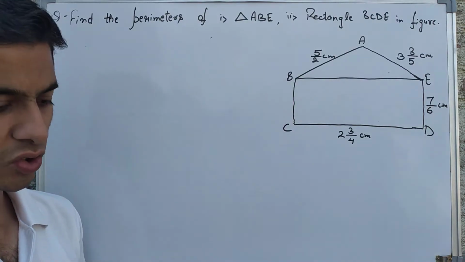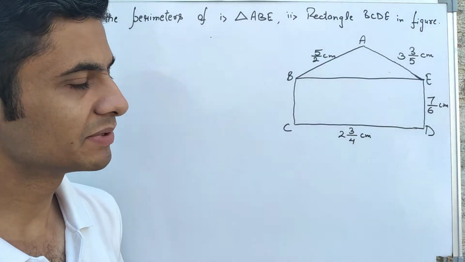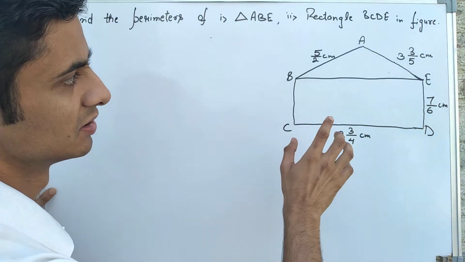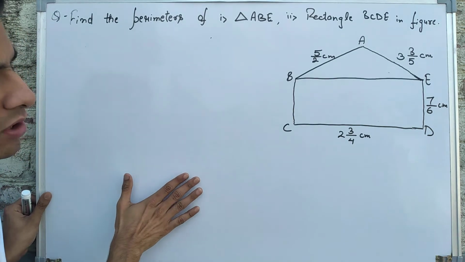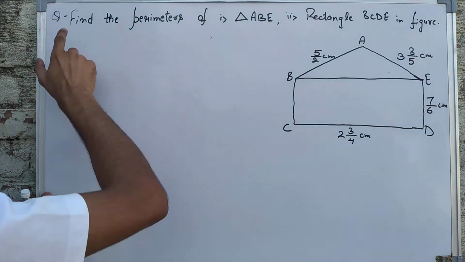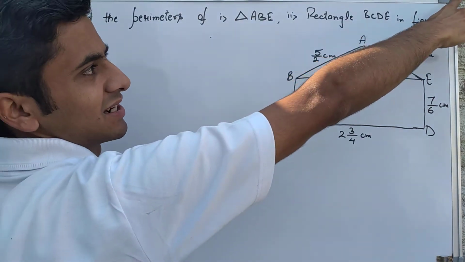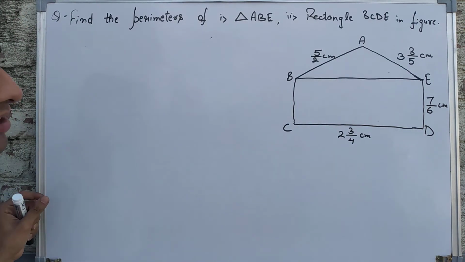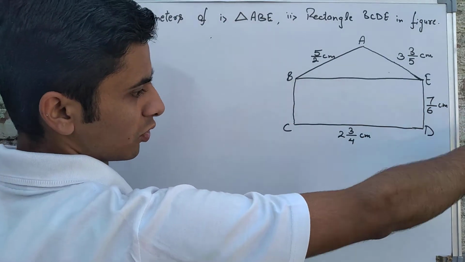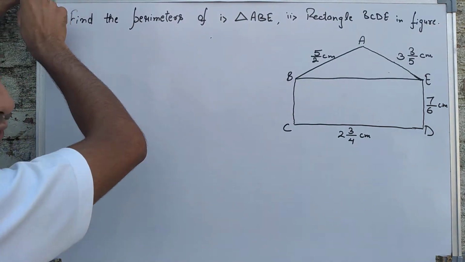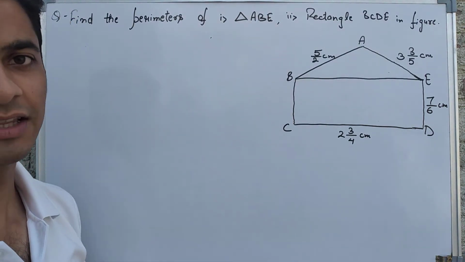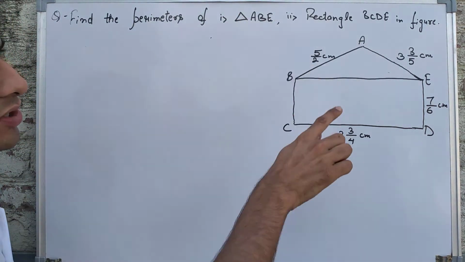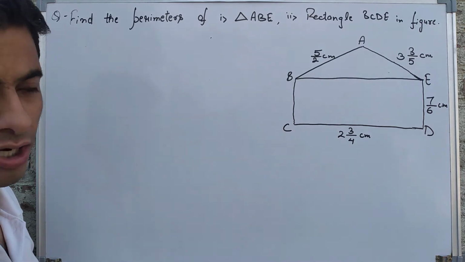First of all, we should know what is perimeter. Perimeter tells you about the boundary of the shape. Like if I say the perimeter of this board, what is the perimeter of this whiteboard? From here, if you move to this side, over here, and back here. Suppose you are having one thread and you rotate it around this board, and then you take it out and measure it. Then that length would be called the perimeter. So perimeter is nothing but length of the boundary.